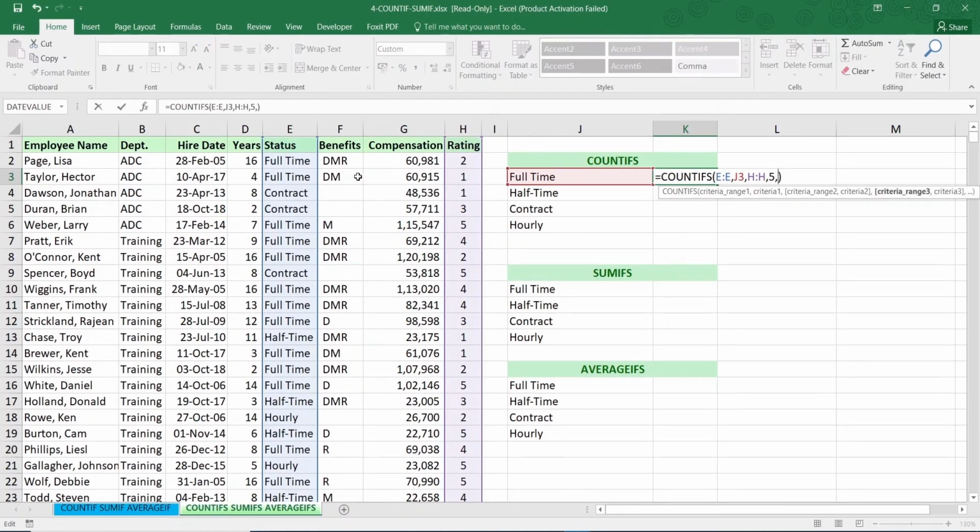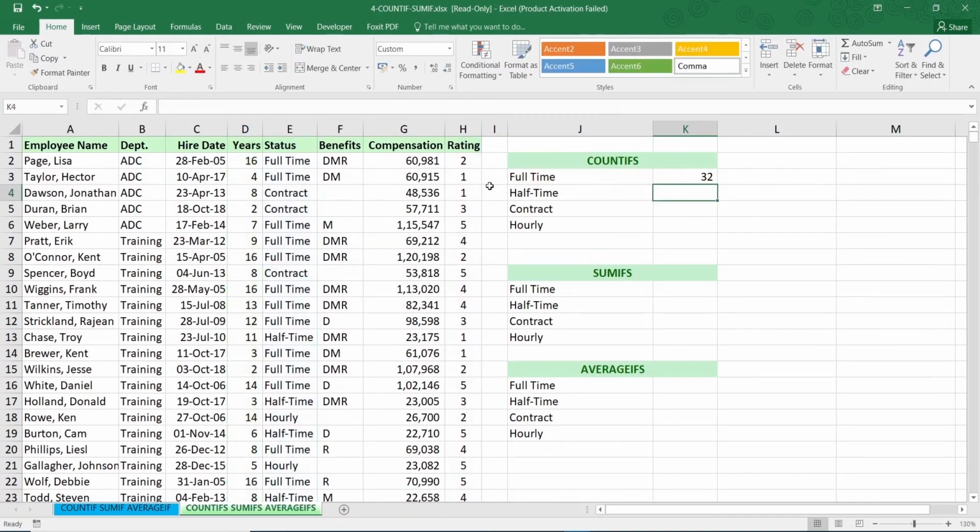I could say, let's say the total number of years of service of the employees is greater than 10 years. So I cannot simply put in 10, because that would bring in all the employees who have worked for exactly 10 years, not greater, not lesser. All right, but I want greater than 10 years. So what I do is I'll put greater than 10 within double quotes, and there you go, it's 32 now.